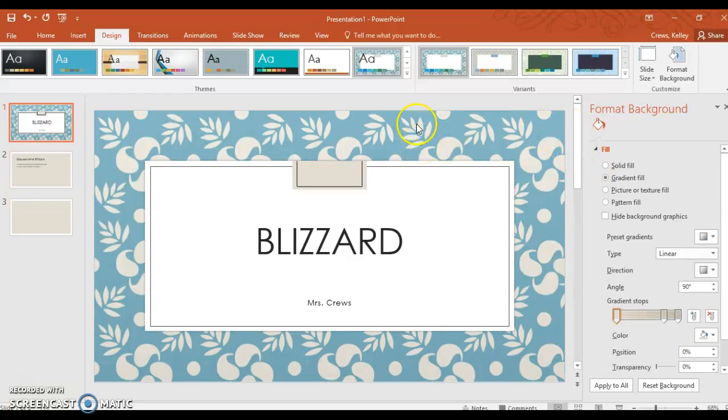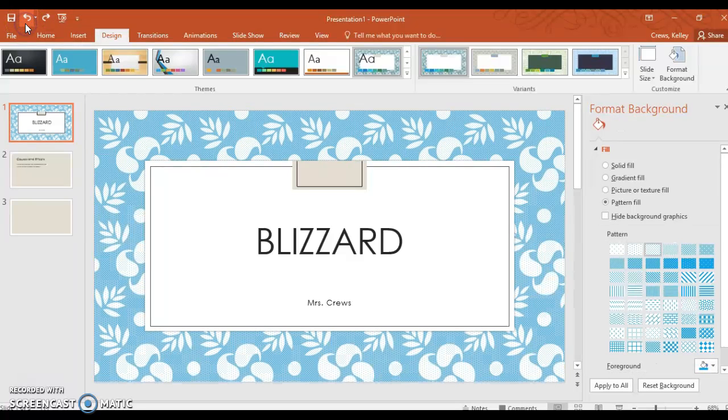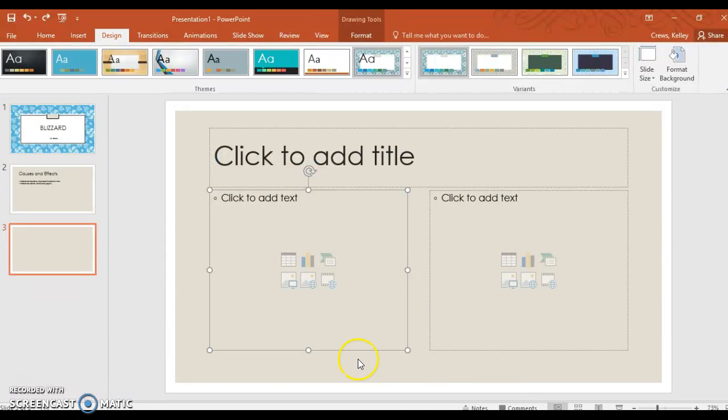There's different ways. If I ever make a mistake or want to change something, I just go back up here, and this is the undo button. I can go and undo anything that I've done and didn't want. If I accidentally click the undo button but I wanted that, I can just click redo and it'll fix what I undid. Alright, then if I want to add in a picture, I can just go back to the slide